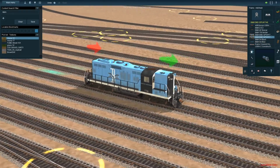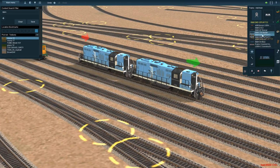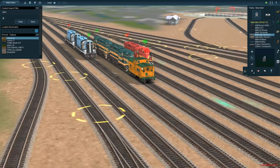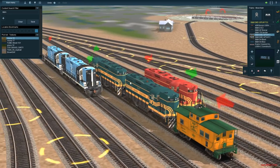These are beautiful. I would love to get some updated models of these in all of their variations, because there were a few variations of the Boston and Maine Bluebirds. So this is just a sample of the type of equipment that you will see around Rigby Yard. I don't have any GP38s that fit the bill, and certainly don't have the U25s or the